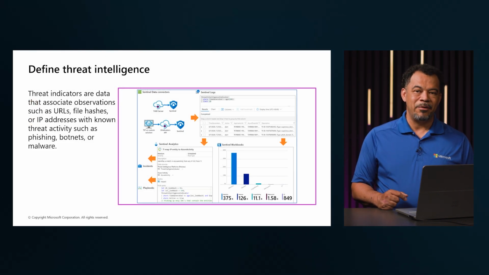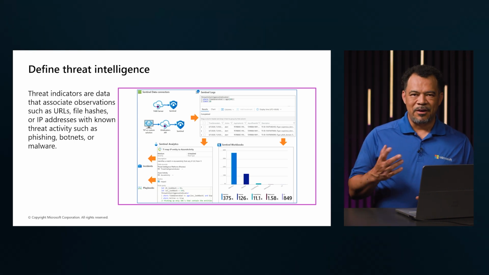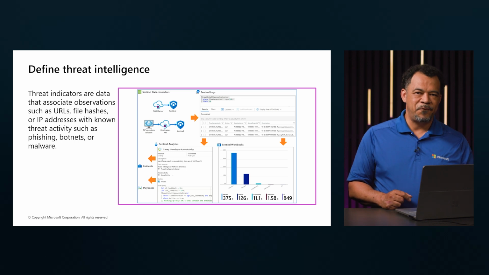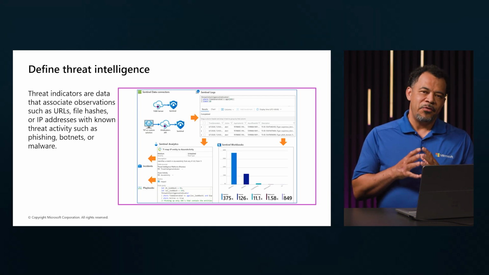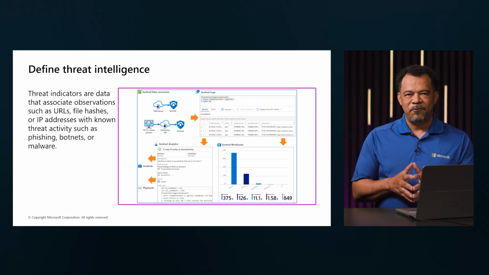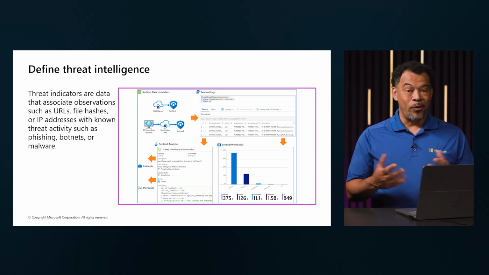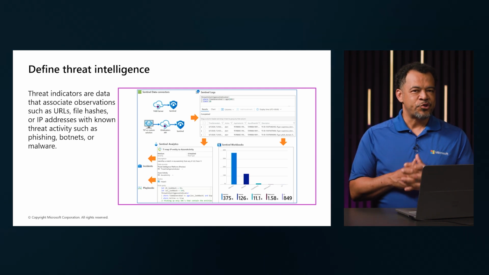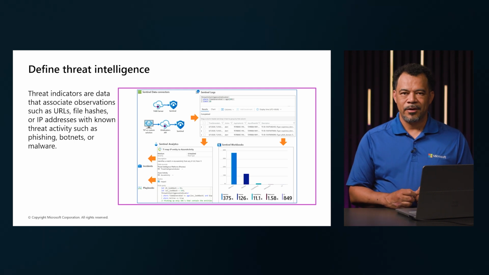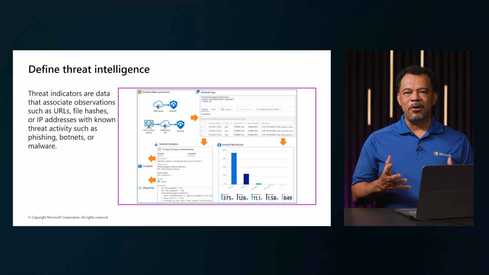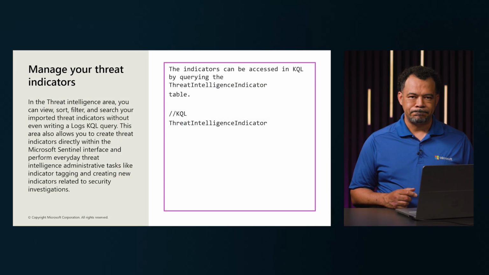Threat intelligence is all about known data points, like an IP address, a URL, a file hash. And these are things that may be tied to malicious activities, such as phishing or malware or botnets. These indicators help security teams detect and respond to threats more effectively by feeding into tools like Microsoft Sentinel. Once ingested, this data flows through connectors, logs, and analytics rules, triggering incidents and automated playbooks. Workbooks then help visualize and track these threats, giving teams a clear view of what's happening and how to respond.